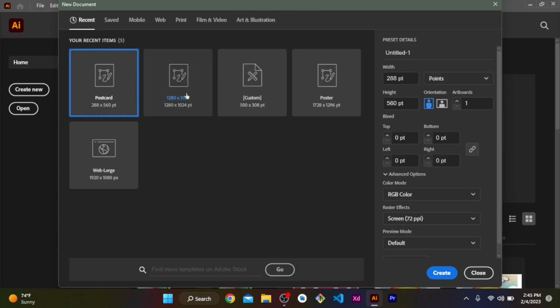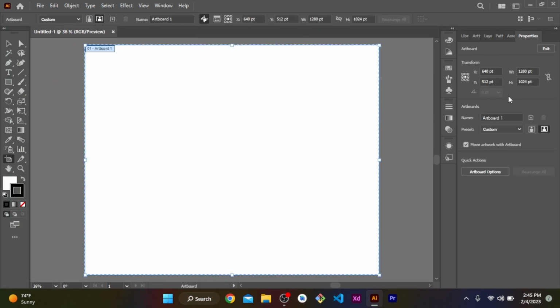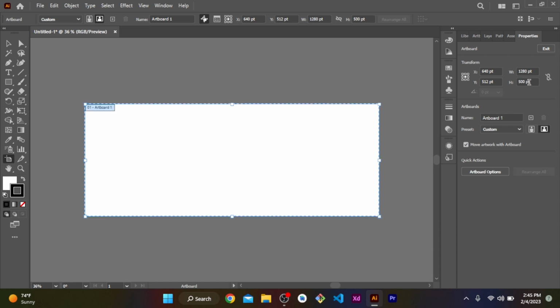So select our artboard here. We select a 1280 by 1020 artboard. Select it, then select the create button. Now our artboard is ready. If you want to edit the artboard, click here. I edit its height, giving 500 as the height. Oh sorry, width. 600. Change it to 8 6